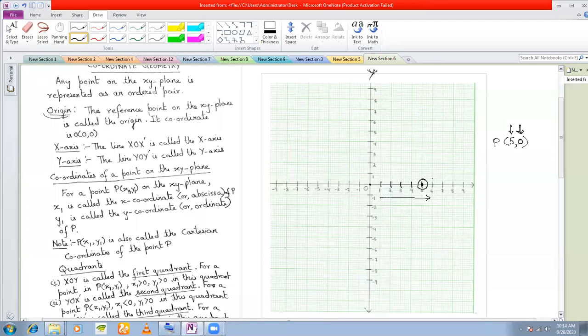So this becomes my point P, 5, 0. A very important observation here, which we shall be using later on also, is that any point on the x-axis will always have the y coordinate 0. So if I give you another point, -3, 0, how will you locate this point? From the origin, since the sign is negative,